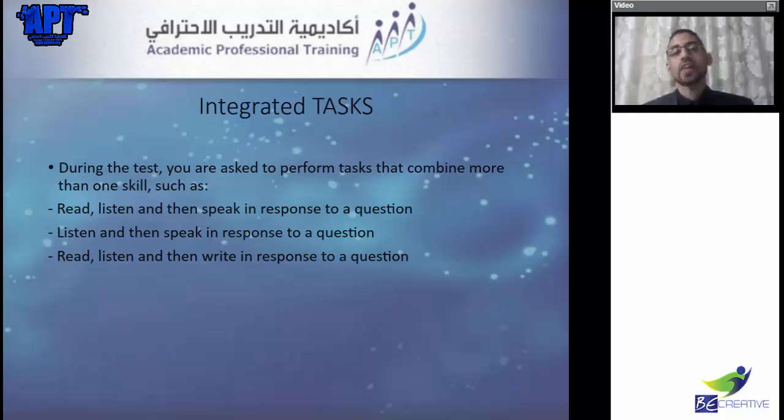So in the reading part, I have some pure reading. Then I have the integrated reading: I read and listen, then I speak about something. Also in the listening part, we have a part where you just listen, and then another where I listen, then speak about something. In a lot of parts, it is read and listen, then write, not speak. These are the integrated tasks. Now let's go through how many minutes for each part, and how many questions. Okay, now let's go next.